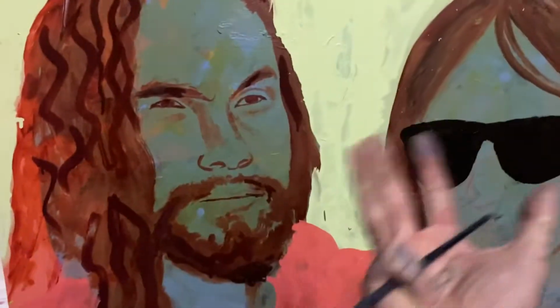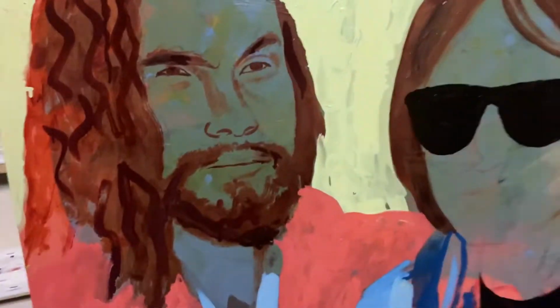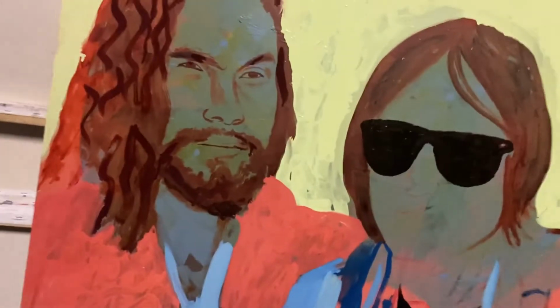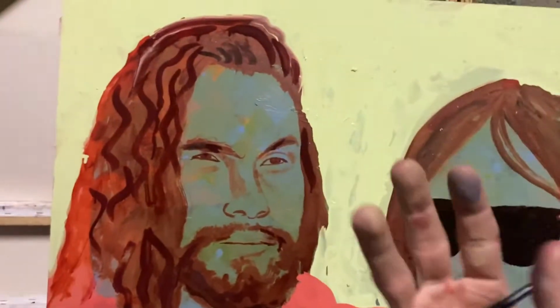Danny asked me to do it, but something that I really love to do, and I've said this time and time again, is that putting the eyes in really before going into detail with anything else is great, because it gives that person their soul. It gives them life, and you feel them there, and it inspires you to keep on working and find out how you can explore making this person feel even more real. The eyes, that's what I love to do first, because I've said it before about working backwards to forwards. If you think about it, when you're doing a face, the eyes are literally on the inside of your head. So I've done this basic sketch here,